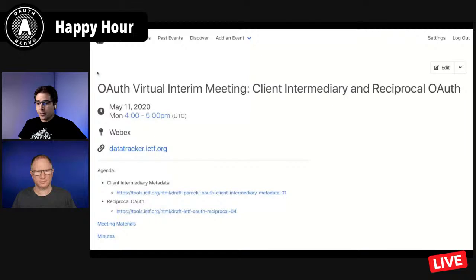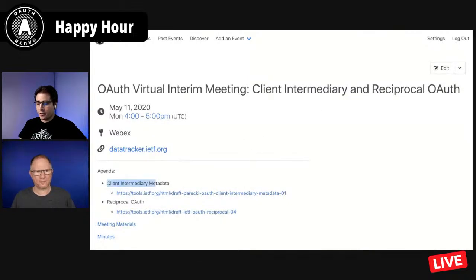So this was the agenda, and we had 2 new drafts to talk about: reciprocal OAuth and client intermediary metadata. Reciprocal OAuth was written by someone who had this problem specifically at Amazon, making the Alexa device. The idea is that if you have Alexa hardware and you want to connect it to a smart speaker like Sonos, you do the OAuth flow, which gives one of those an access token for the other's API, and that's fine if you just want to be able to use your Alexa device to tell Sonos what to play. But often what was happening was